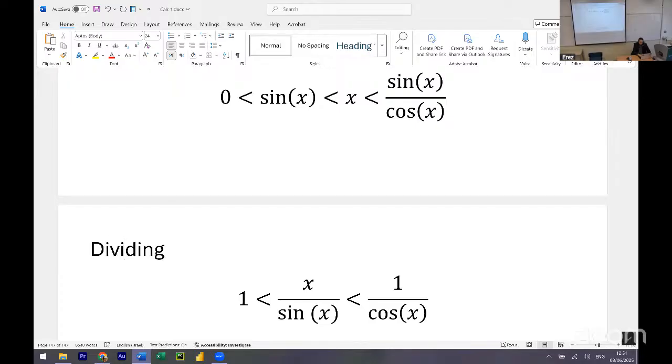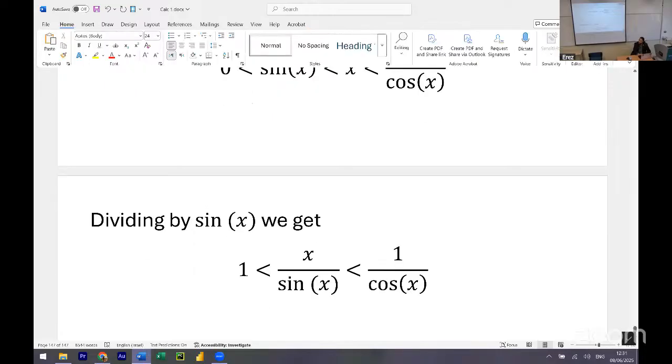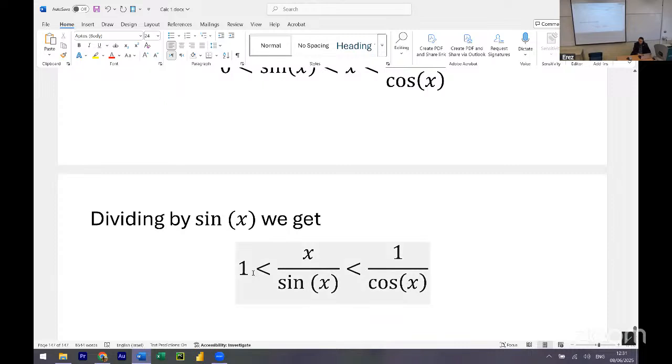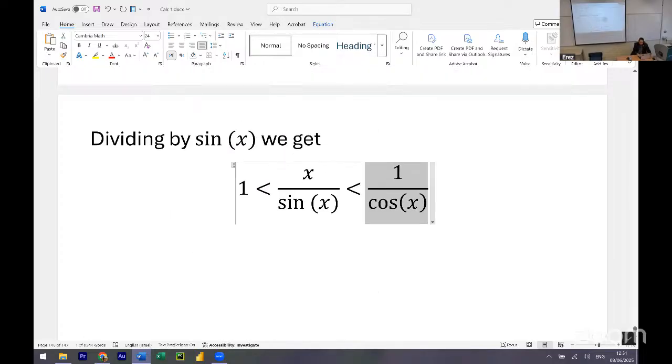Dividing by sine of x, we get the following. Agreed? When x goes to 0, where does this end? Zero. That's a trick question. 1, it's a constant, right? But where does this tend when x goes to 0? Also 1, because we proved it a minute ago, right? So again by sandwich,